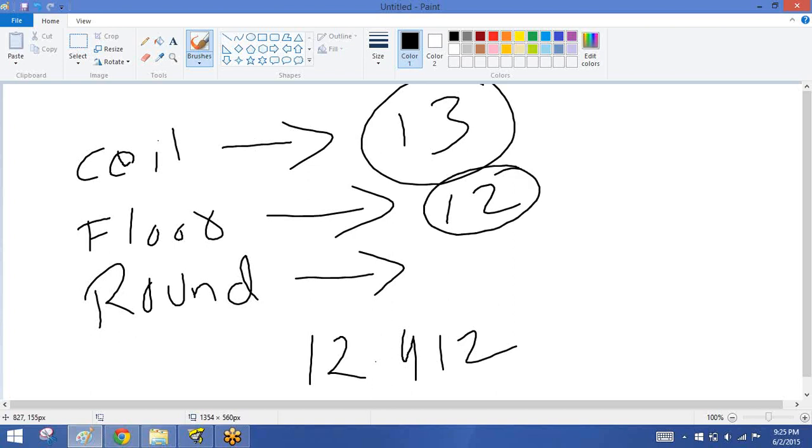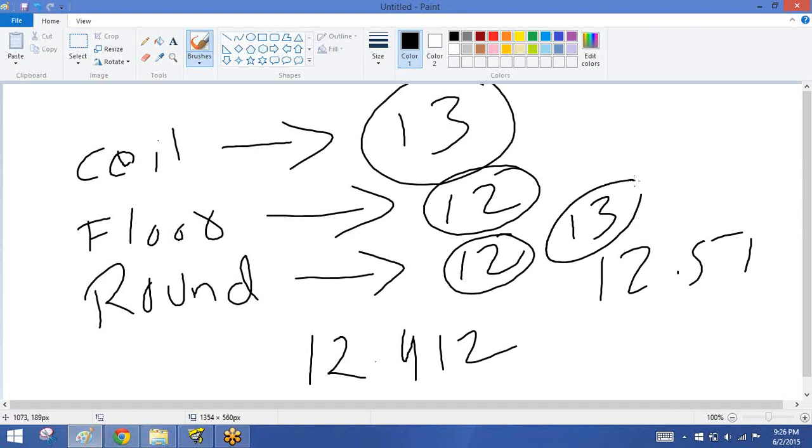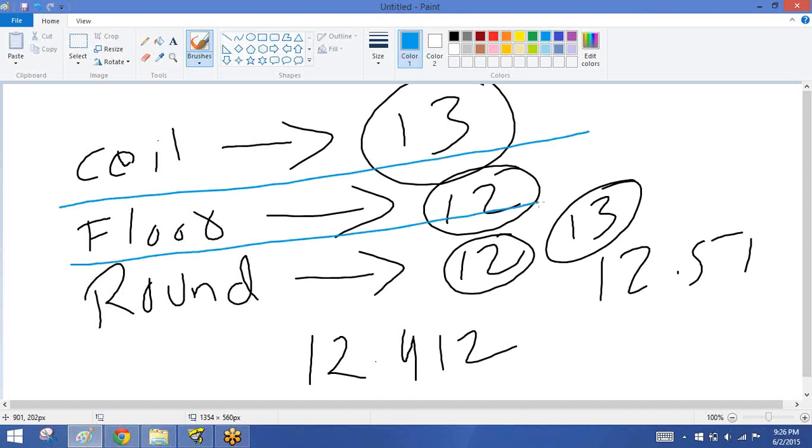Round makes it to the nearest value. So 12.4 is less than 12.5, right? So it makes it 12. If the result is 12.51, then it prints 13. So it rounds to the nearest highest or lowest value. So ceil makes it the upper value, floor prints the lower value, and round makes it the